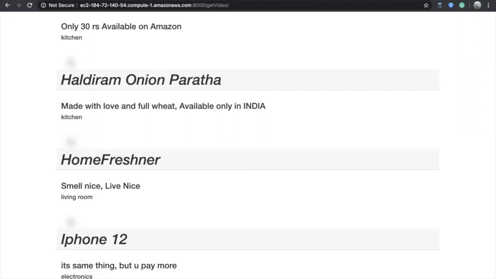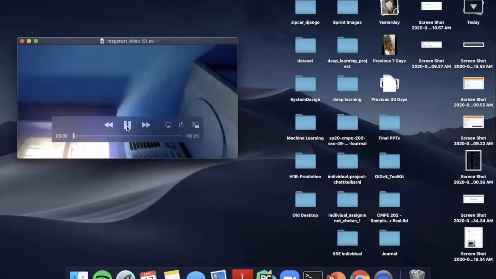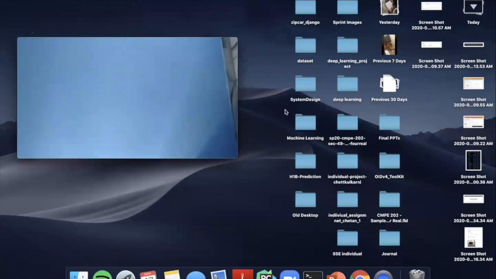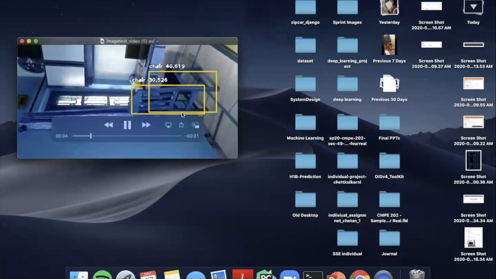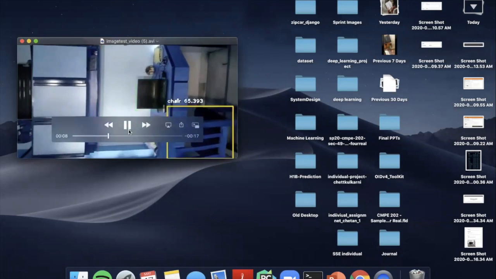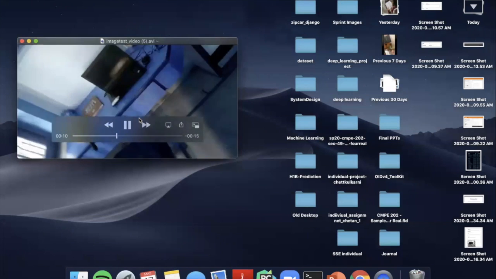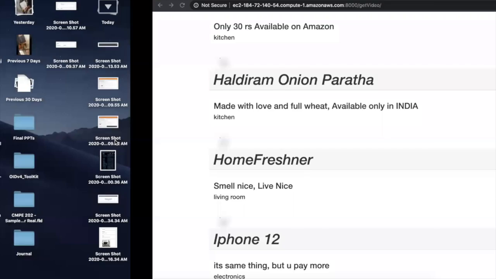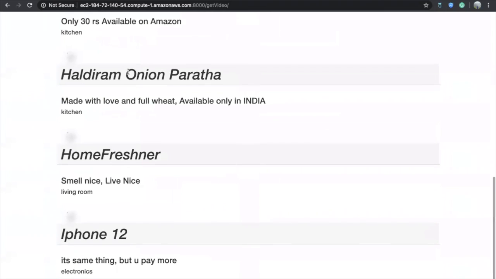So downloading the video, if you look at it, this is the way that objects are being detected, and these are the advertisements that I have produced on this.